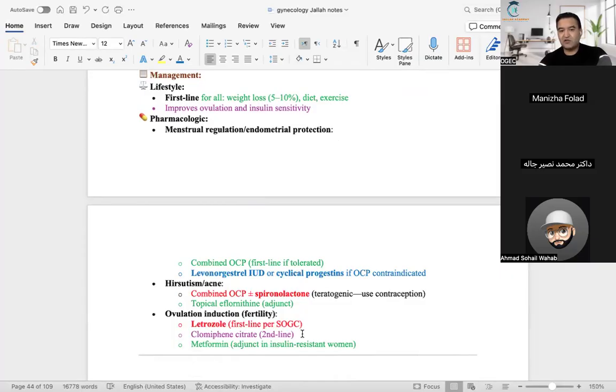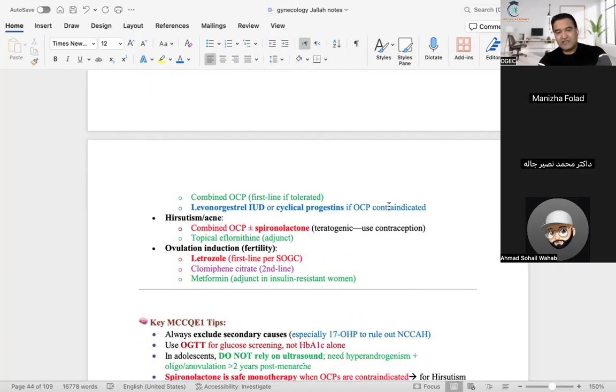If the patient is coming only for regularity or irregularity of the menses, then in that case, if we use the levonorgestrel IUD, it would be a better choice, as would cyclic progesterone. And if the patient is overweight, because OCP comes with that weight gain, it's always the first best choice if tolerated or if the patient chooses to use it. It's always the first choice. But if the patient is overweight and prefers something that does not cause weight gain, then you can go with the levonorgestrel. If the OCP is contraindicated, or for any reason the patient is overweight and does not like